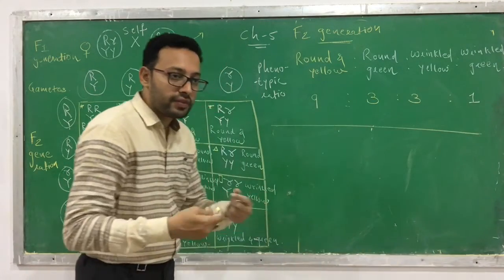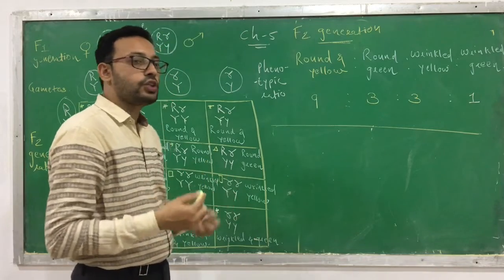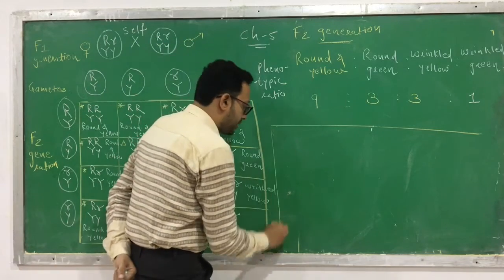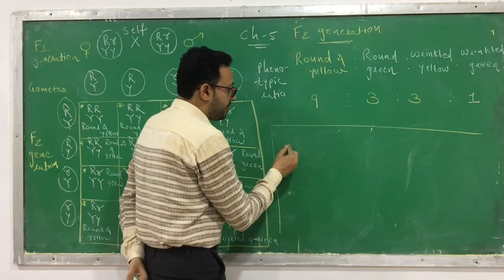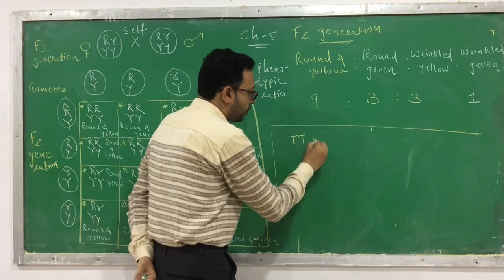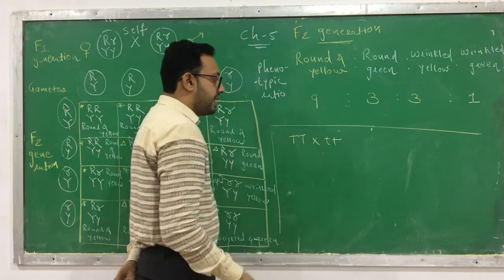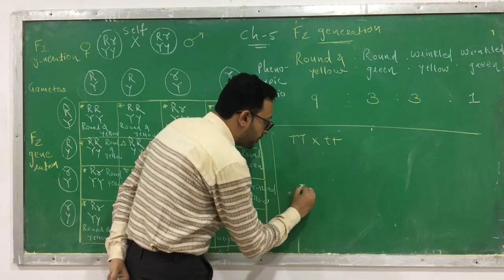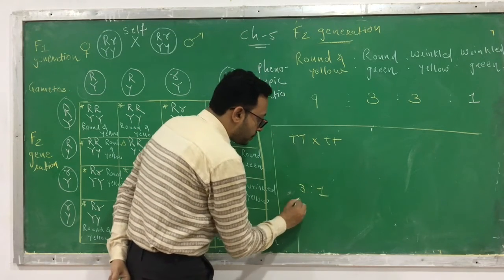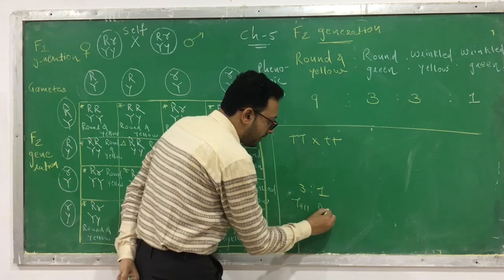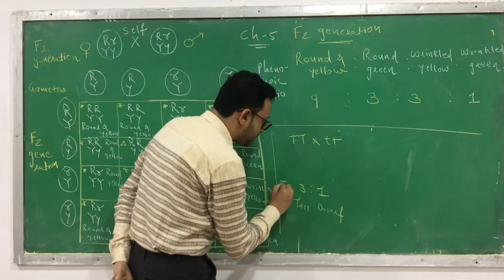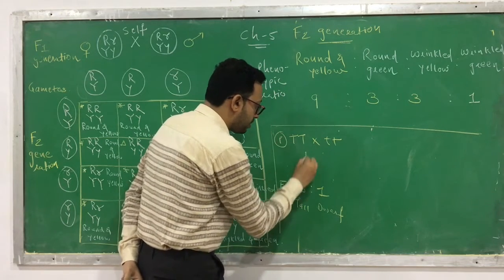To understand what we have learned in this, first of all, you should also know the monohybrid experiment. Like in a monohybrid experiment, the tall plant is crossed with a dwarf plant. In the F2 generation, you get a ratio of 3:1. So 3 tall, 1 dwarf. This is the ratio that is obtained in the F2 generation. This is the parent generation in the monohybrid